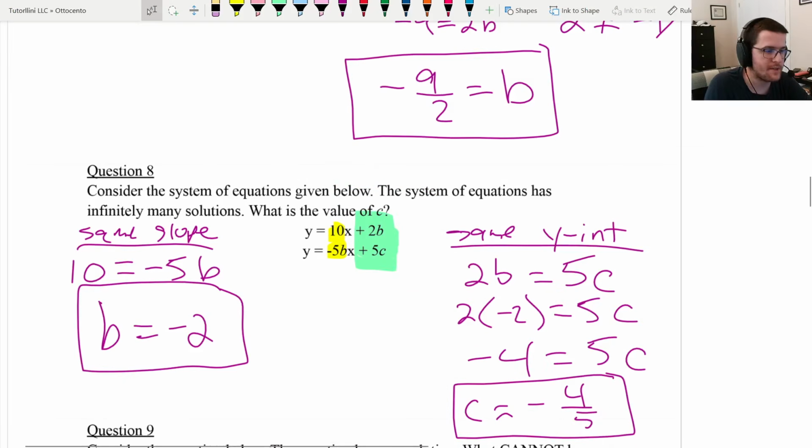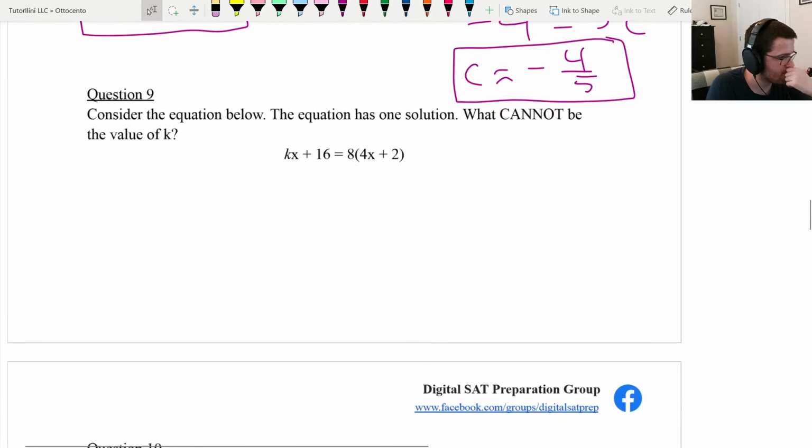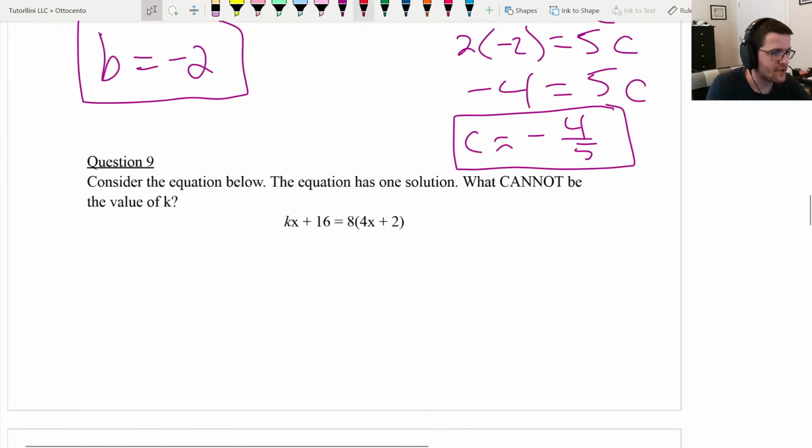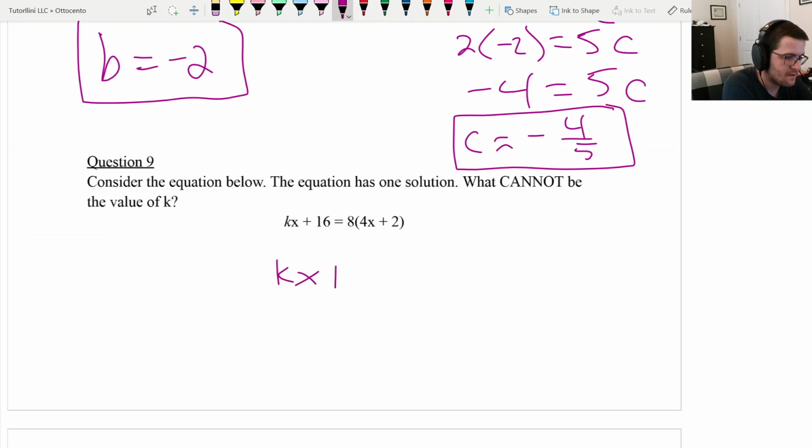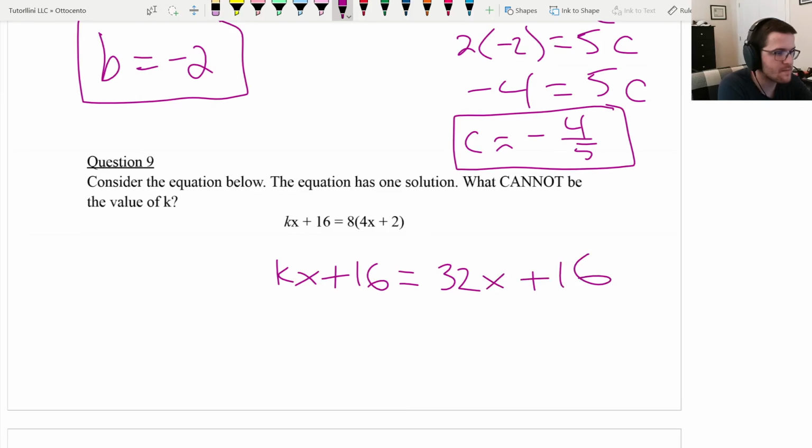Great, let's come back over here. Okay, so that right side is not in slope-intercept form, so we got to fix that. So kx plus 16. 8 times 4x is 32x. 8 times 2 is 16. Now we're going to